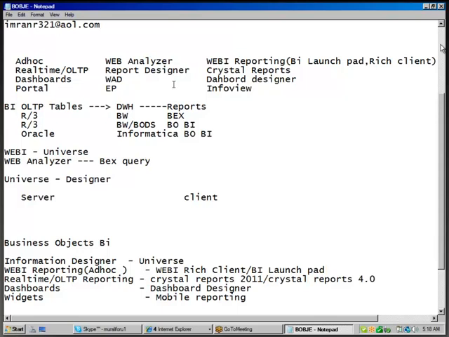You just need to publish all these 3 reports into one portal. One portal is like your Gmail. Gmail is a web portal. Once you created your ad hoc report using Rich Client, real-time report using Crystal Reports, dashboards using Dashboard Designer, later you need to put these 3 reports in a portal. In R3 they had InfoView, in R4 they renamed the portal as BI Launchpad. You need to put the 3 reports into BI Launchpad.